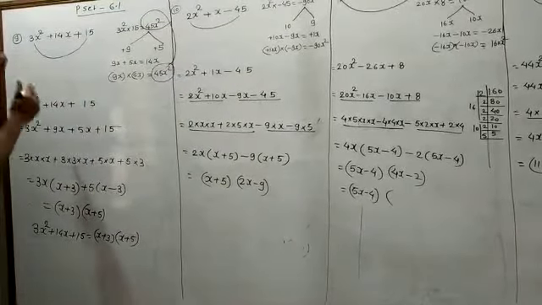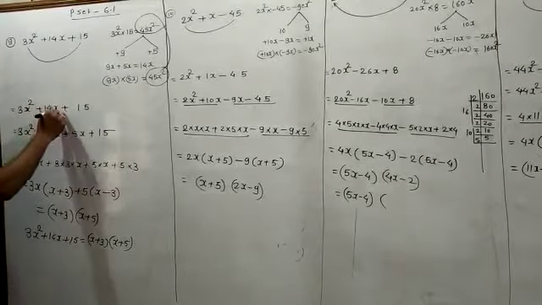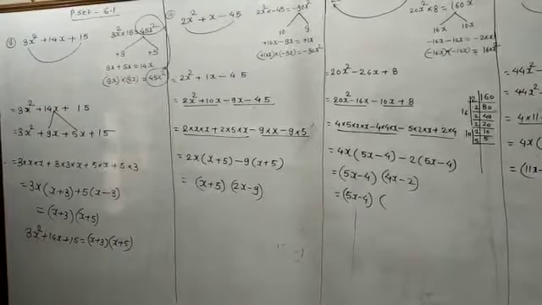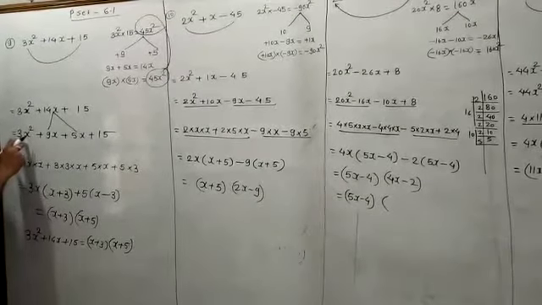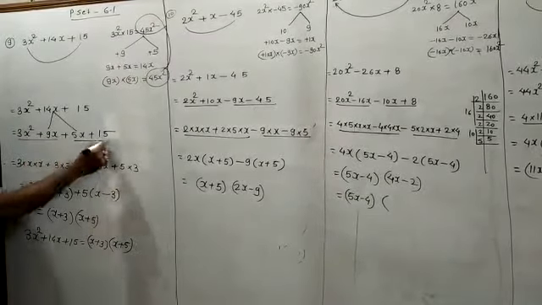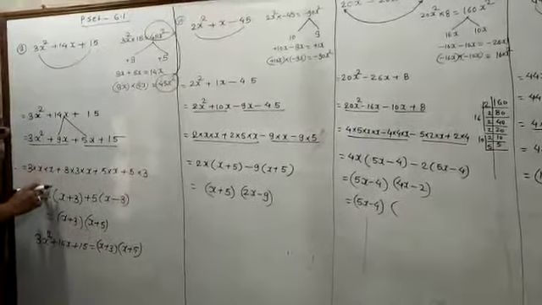Then you have to write this algebraic expression with only the 14x written in the form 9x plus 5x. 9x plus 5x is equal to 14x. Then you have to group the first two terms and group the last two terms.